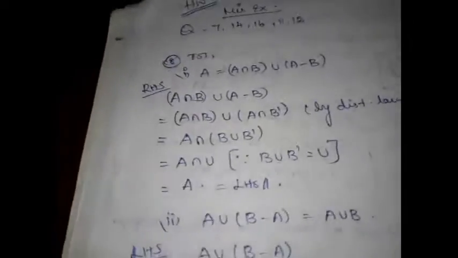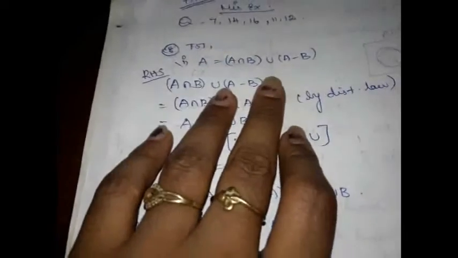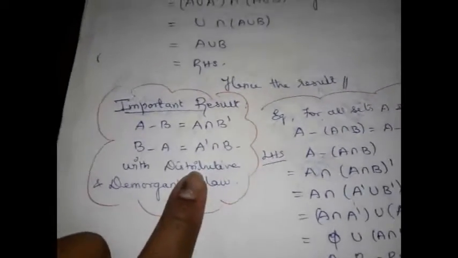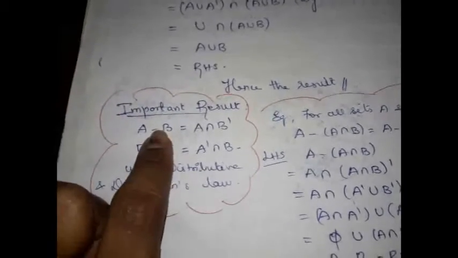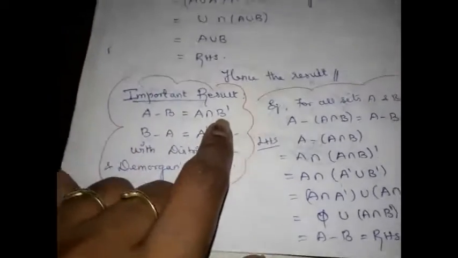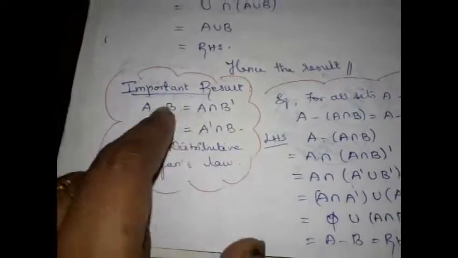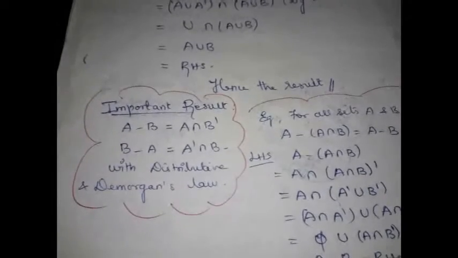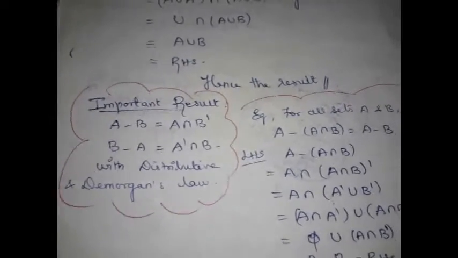This kind of problem you may expect in 4 marks from this chapter, and along with it the problem in which they ask you to prove, like show that one set is equal to another set. As I told you, try to prove one is a subset of the other and vice versa using those 4 results. First, remember De Morgan's law, distributive law, along with these 2 results, and the one which I told you now: A intersection B dash is also the same as A minus A intersection B. Along with that, if you remember all these results, you can very well solve the problems.